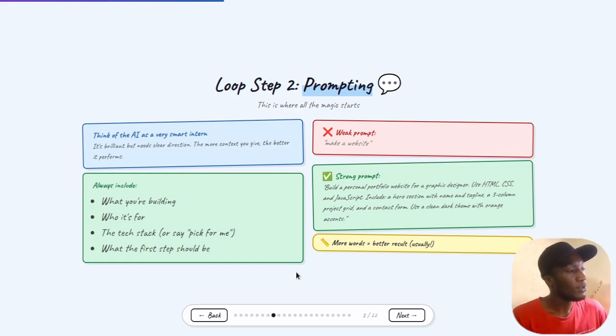Describe what you want to build and who it is for, like who uses your app. It can be a to-do app for developers, for corporate workers, or for students. So describe what your app or website is for, who the users are, who will be using it.